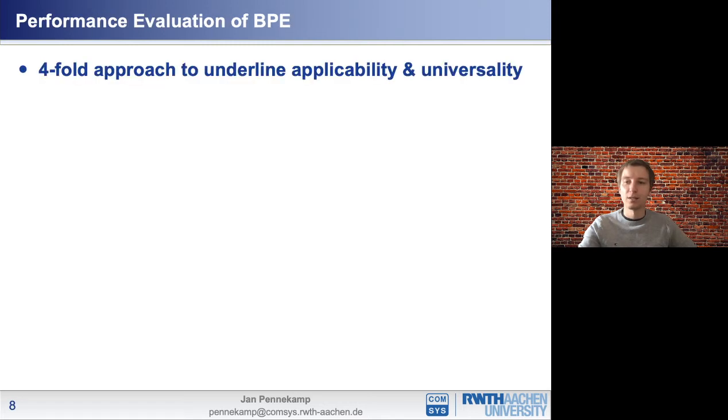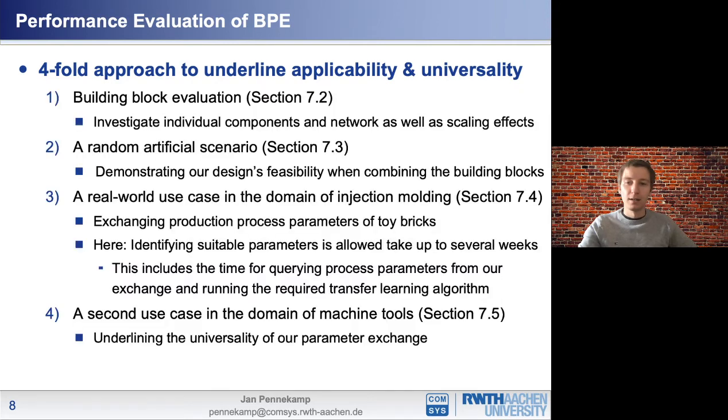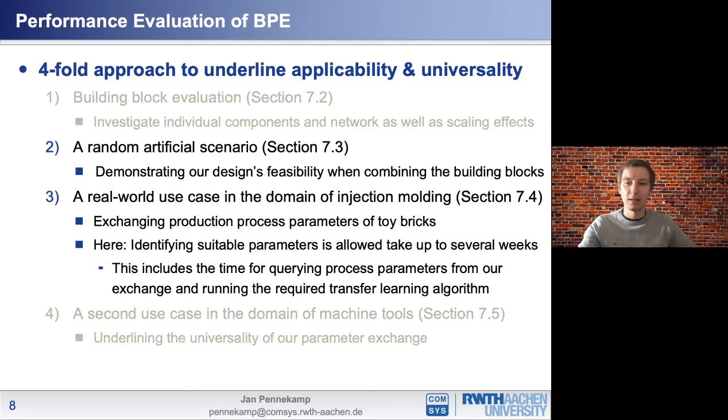Now, continuing with the evaluation, we follow a fourfold approach to underline our solution's feasibility. First, we survey the building blocks on their own, then evaluate on an artificial scenario, and furthermore consider two real-world use cases. For time reasons, I will skip the building block evaluation in this presentation and only focus on a single real-world use case,